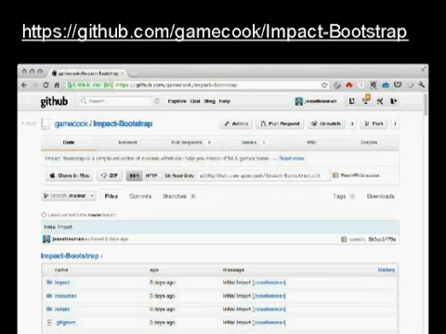So if you really want to start checking out some way more advanced ways of structuring your code in Impact, I would highly suggest checking out my Bootstrap. And I'm going to continue to keep adding games to it, and it's well documented at the bottom, talking about how to get it up and running. But this will also give you an idea of how to build a player and how to build a camera class and how to build plugins for the game engine.